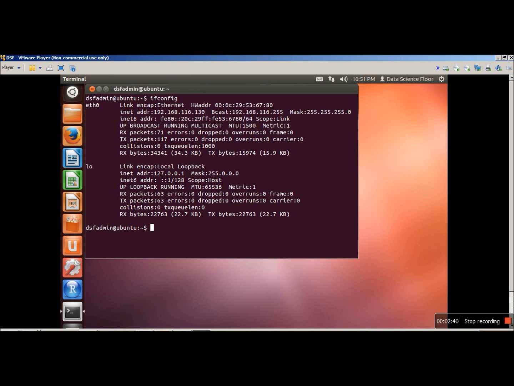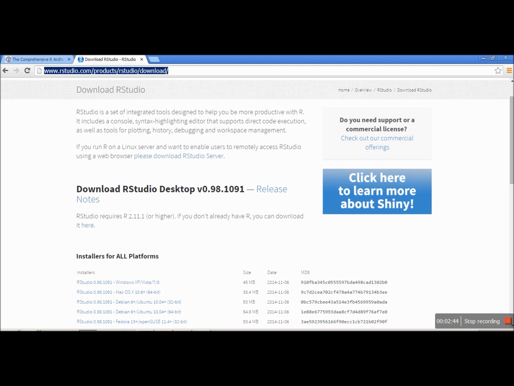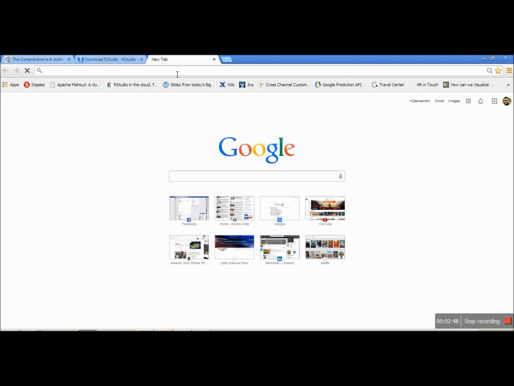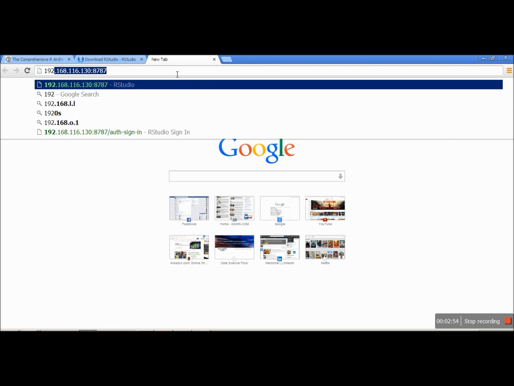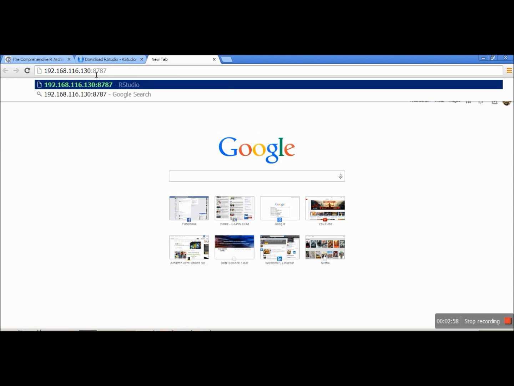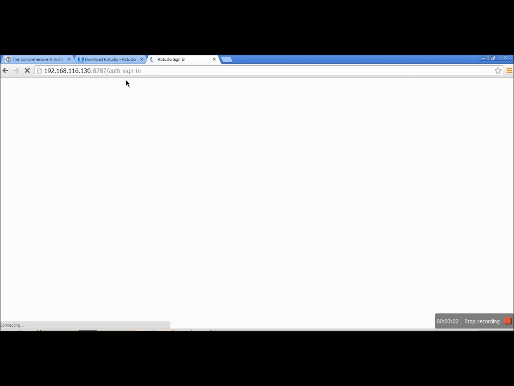If I open a browser on my local computer, open a new tab, and type the IP address of the virtual machine, 192.168.116.130, colon 8787, and press enter, you can see